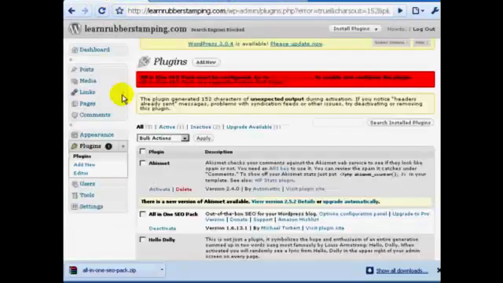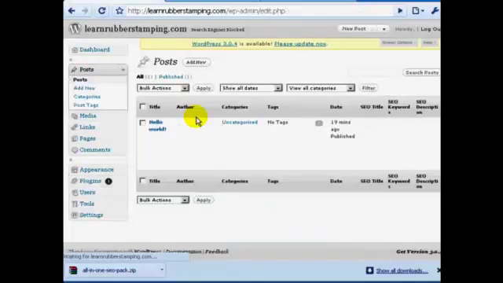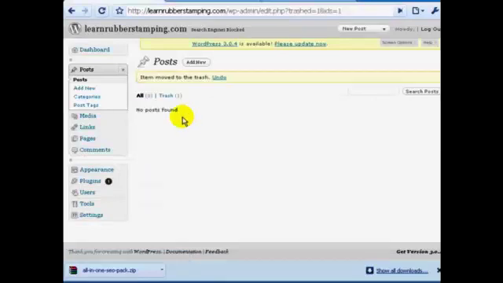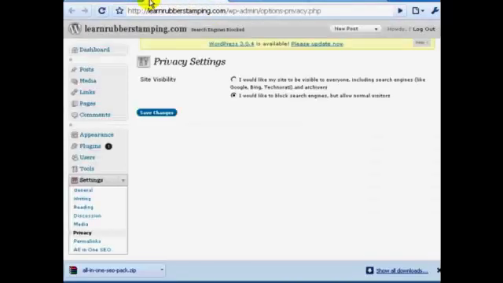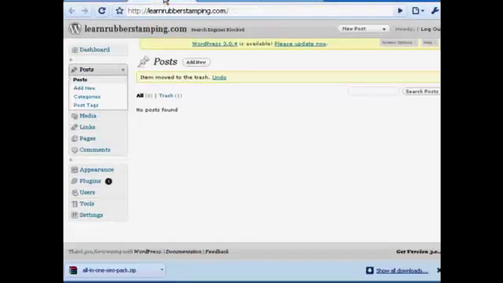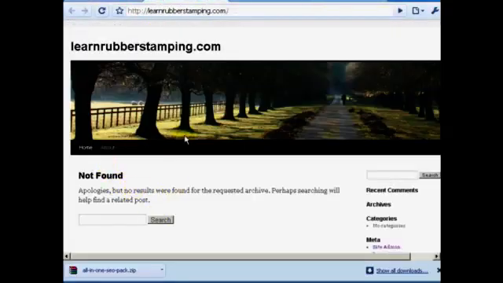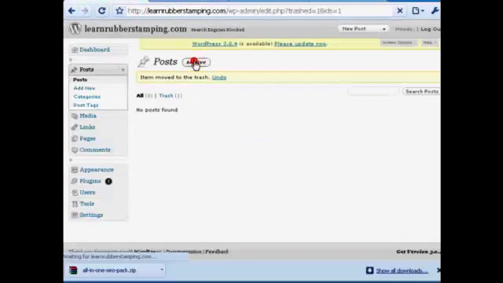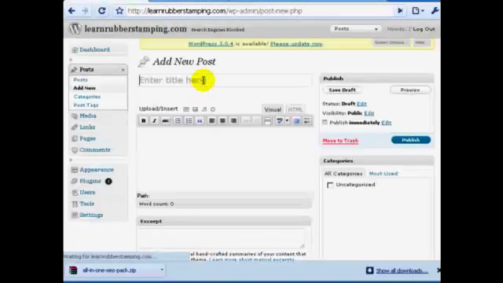Now what I want to do is show you, if I go to the post section, let's say for example that I want to create a post. Let's say that I want to delete the Hello World post. So I'll move that to the trash, but I want to add a new post. So if you go here, you'll notice there's no post. But if I create a new post,